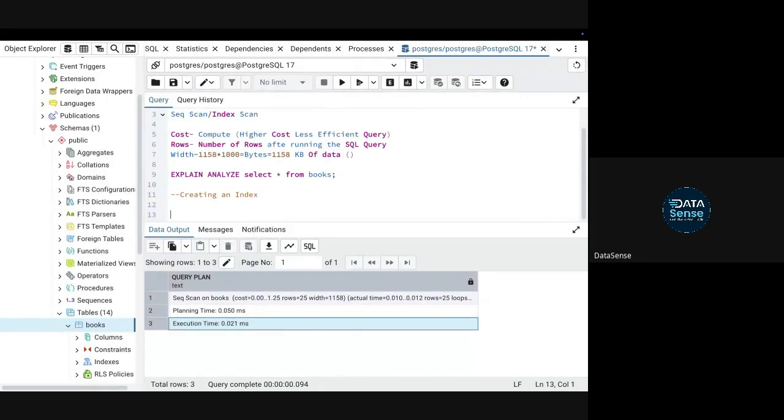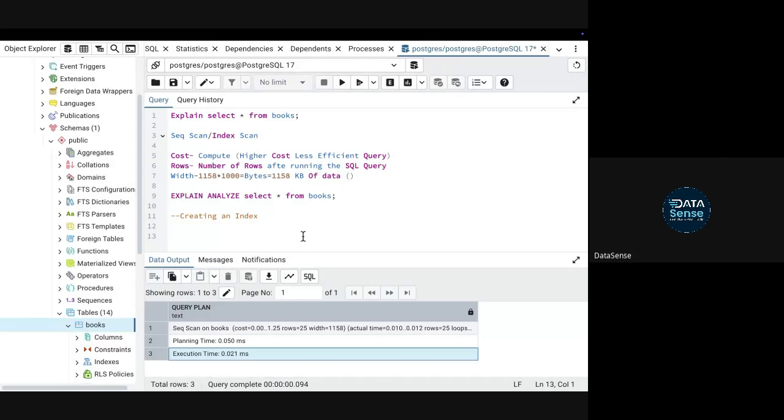Remember, while indexing, most of the things remain the same, right? Our query will remain the same. We just need to write down an additional line where we are defining indexes. First of all, just to check how many indexes there are, because I taught these things yesterday as well, I'll say select star from pg_indexes where table name, table_name is equal to books.